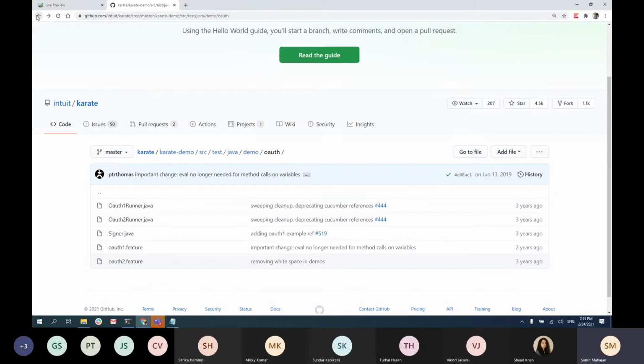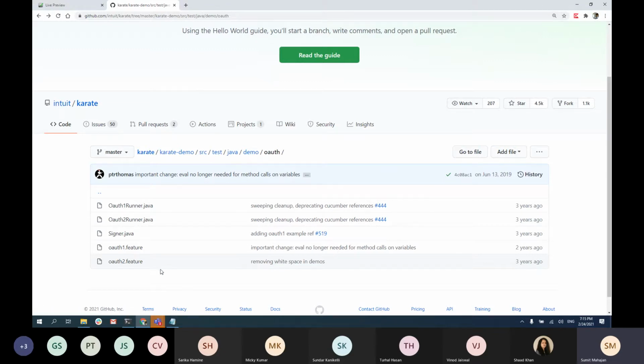So what I would recommend is you download this demo folder, and because these features are already executable, you can go ahead and execute these features and practice, right? Rather than starting from scratch and implementing those features, you already have a base built with you.